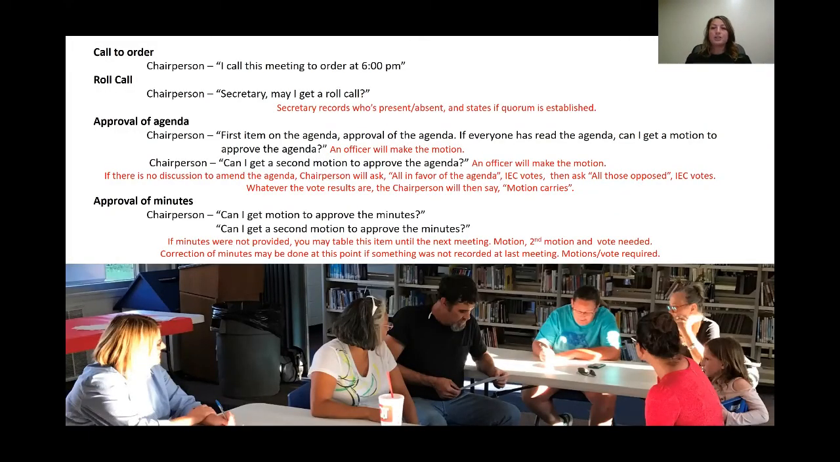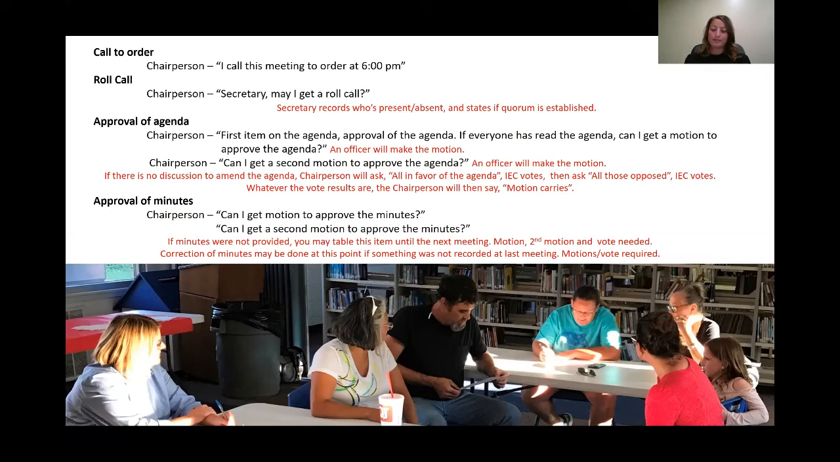If there's no discussion to add to the agenda, the chairperson will ask, all those in favor to approve the agenda? The IC will then verbally say aye, or it could be by a show of hands. The chairperson will then ask all those opposed, and the IC will vote. The vote is pretty much going to be approved. The chairperson will announce motion carries to approve. The chairperson will go to the next business item,